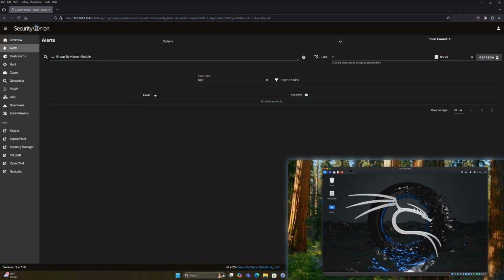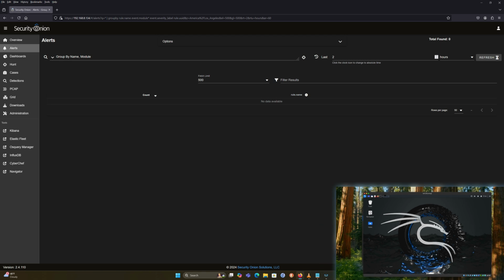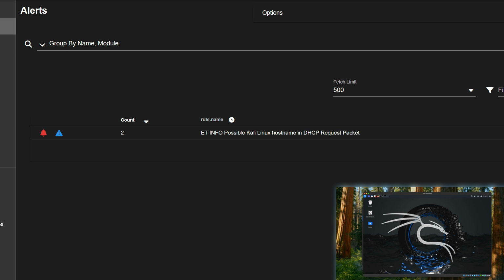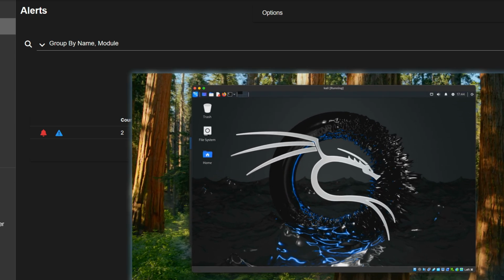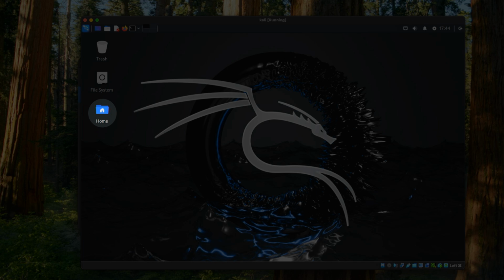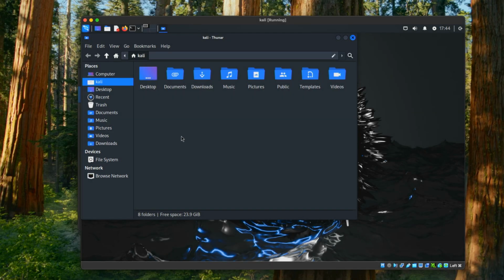Pausing for a moment here to go back to the Security Onion console, you can see that shortly after this Kali Linux machine logs onto this network, Security Onion informs us that a Kali Linux machine has joined the network. So that's good. Going back to our Kali Linux virtual machine now, I am just going to double click on